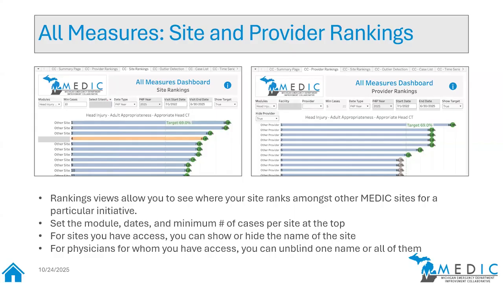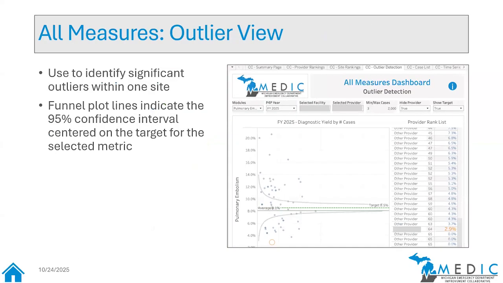And always keep in mind that it sort of depends on the metric. It depends on the dates that you've selected. All right. And so this is another view that was requested early from a couple of sites. It's like, how do I identify outliers in a particular metric? Because some people see a lot of patients, some people don't see a lot of patients because they don't work that many shifts. And so this was one of the ways to do it.